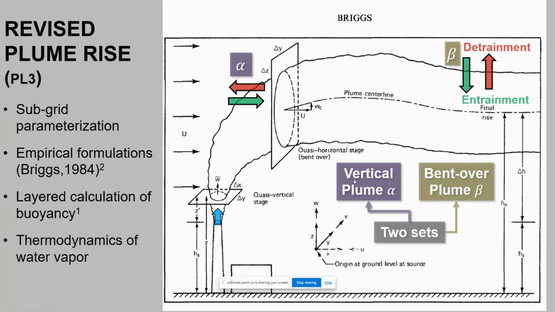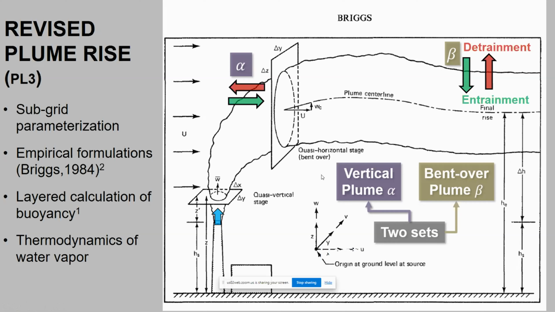So for example, for the vertical case, we have different coefficient alpha in this case and beta for the bent over case. That determines how fast the plume would expand and rise, and how much of the ambient air would be entrained